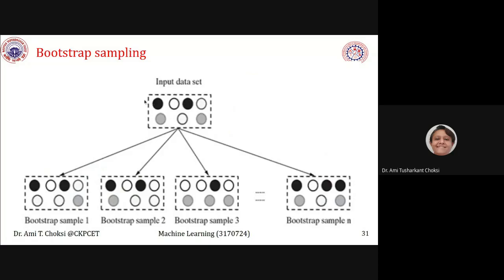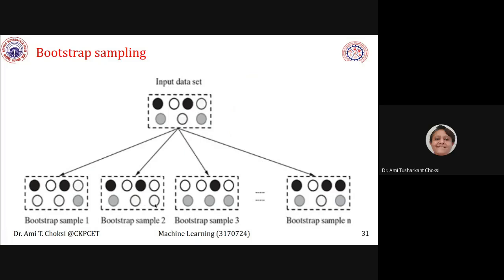Now in the figure we can see this, right? This is the input data set. See, different colors are given here, right? In bootstrap sample 1, we have the two black colors, then 1, 2, 3, 4 white colors. In the input data set, we were not having 4 white colors data, right? Still we have a sample wherein we have 4 white color samples. How can it be? Because whatever is chosen is again put back in the data set, right?